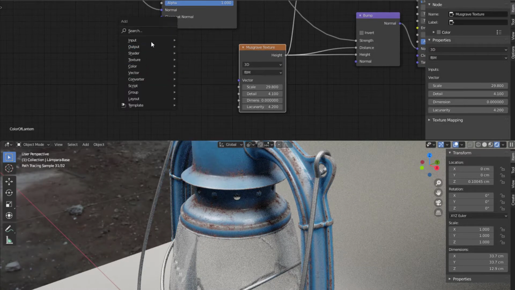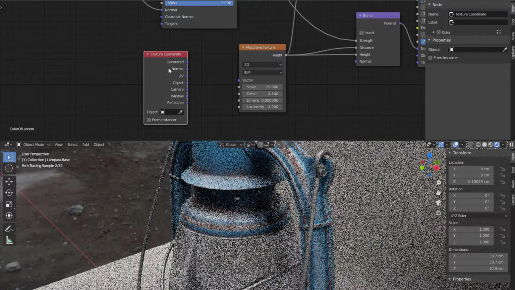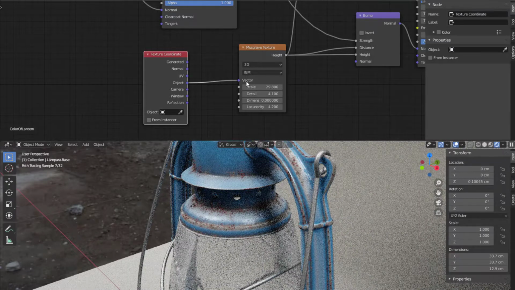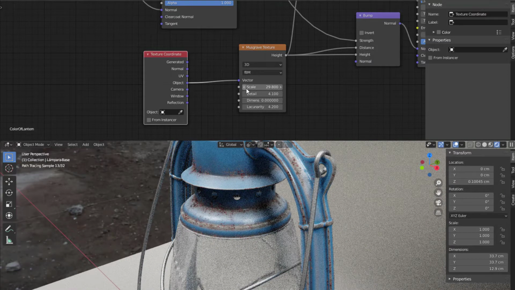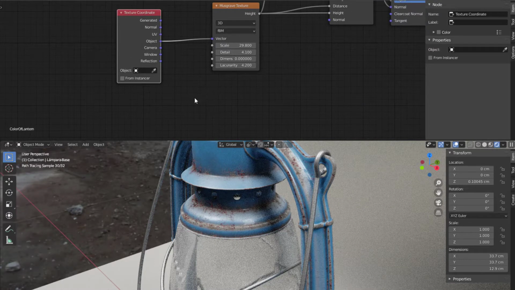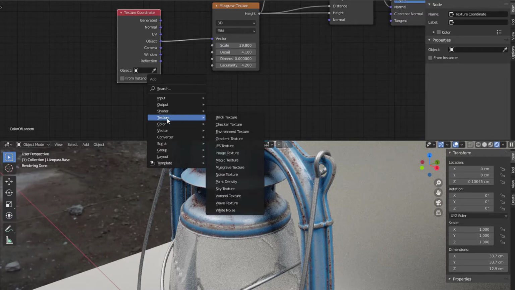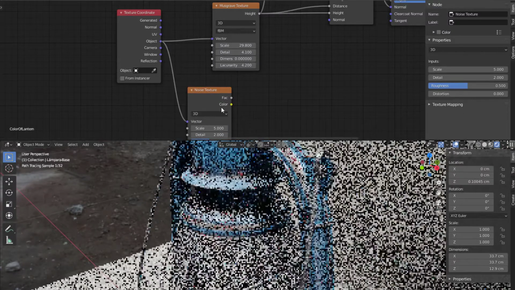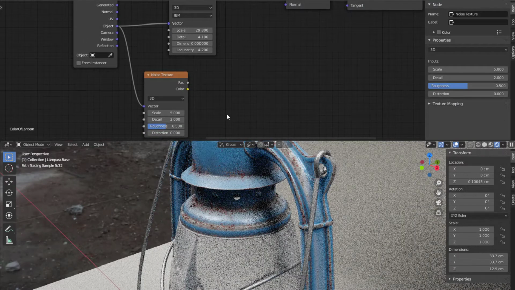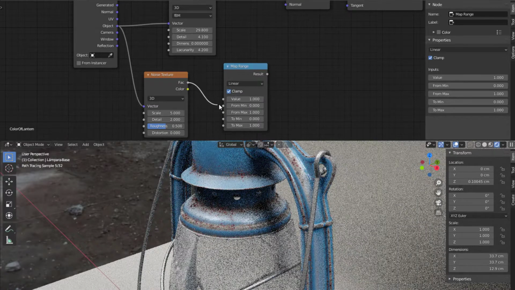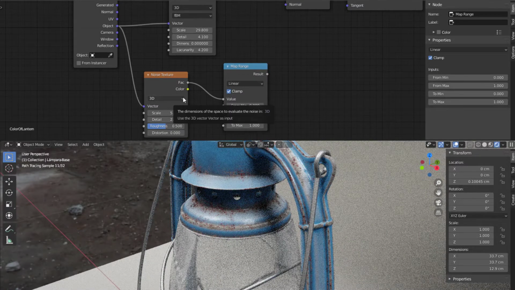So Shift A, input, and put that to texture coordinate and put that into object here. So we get it like that, and perhaps also a noise for the scale to play with that. So Shift A, texture, we put in a noise here. Use the object here, and we use a map range. So Shift A, converter, and a map range that we connect to the noise, because noise is just between 0